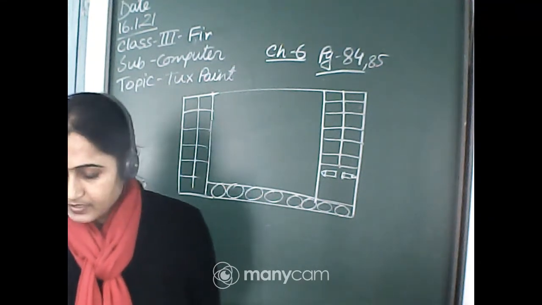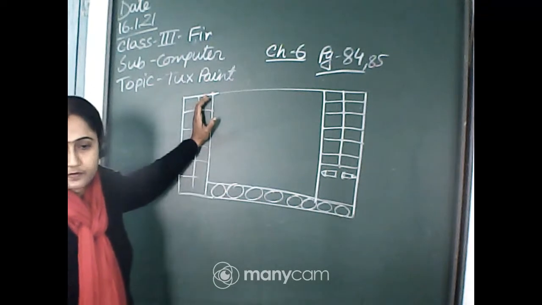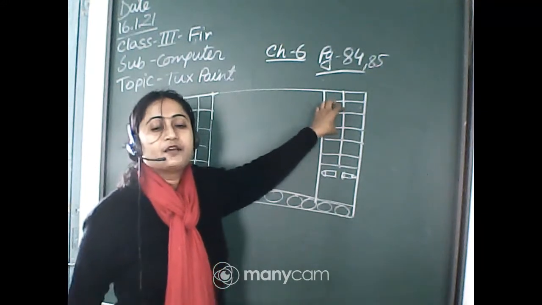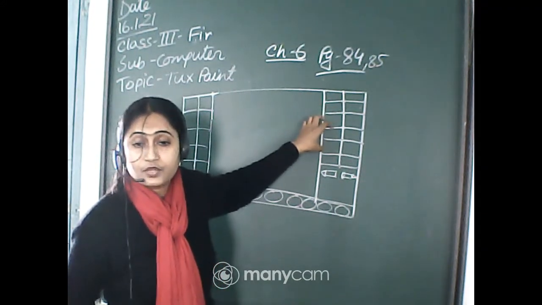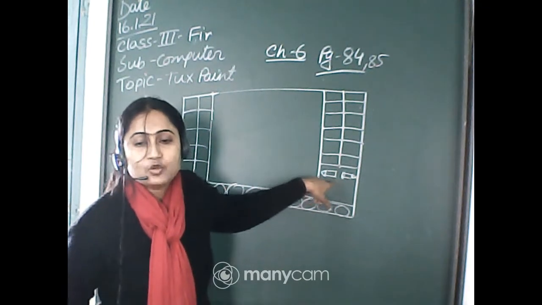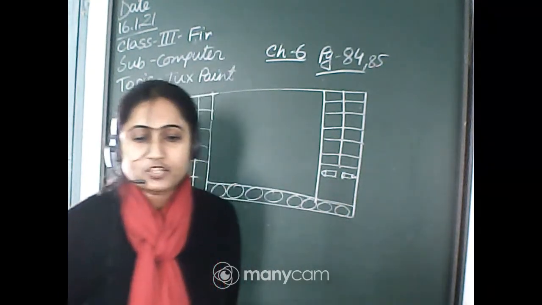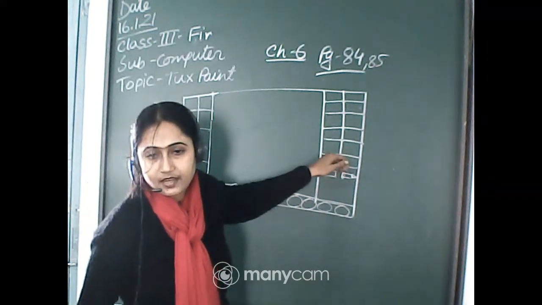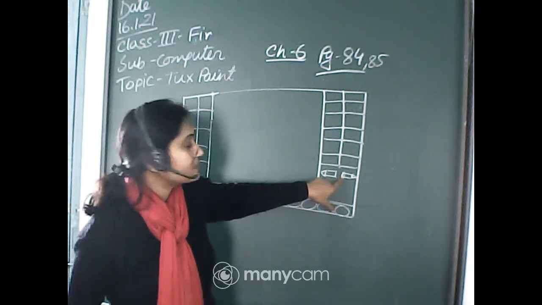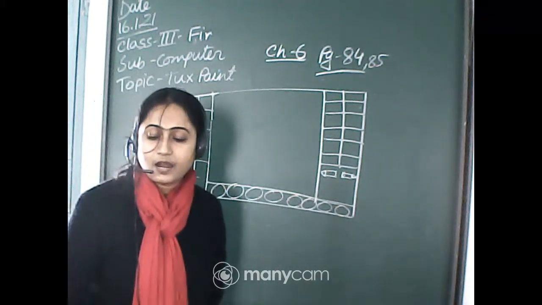Listen to me. When you select the stamps tool from the toolbox, on the right side there is a selector. From the selector, you choose which one you require. There are two arrow keys, the right arrow and the left arrow. Using these arrow keys, we can move the page and go to the next page also. There are many stamps in the selector, so in one page we cannot see all the pictures. So using the left and right arrow keys we can move the page.